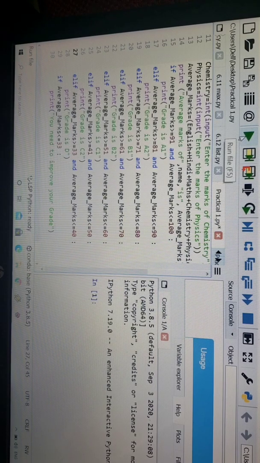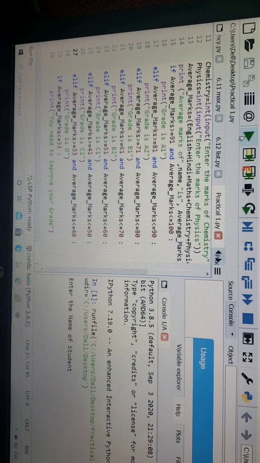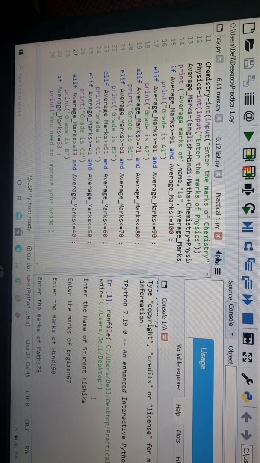Now I am running this program. We will see the output, what output we are getting. So first it is asking about the name of the student. So any name you can enter, that is up to you. Whatever name you want to enter, you can enter. Okay, after that you have to enter the marks of English subject, then Hindi, then maths,